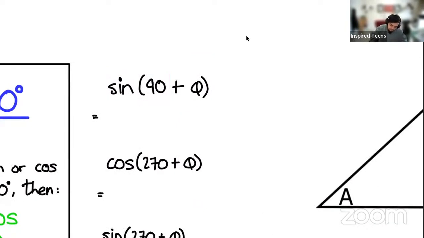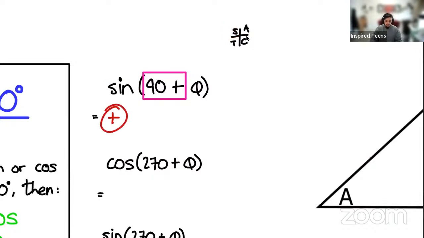Then we note that it's 90 plus. And again, our little CAST diagram tells us that 90 plus is in the second quadrant. In the second quadrant, only sine is positive, okay? So then you will write a positive because we're working with sine, 90 plus is in the second quadrant, sine is positive in the second quadrant, so it becomes positive. However, in our final answer, when we reduce, we're not going to write sine theta. We are actually going to write cos theta